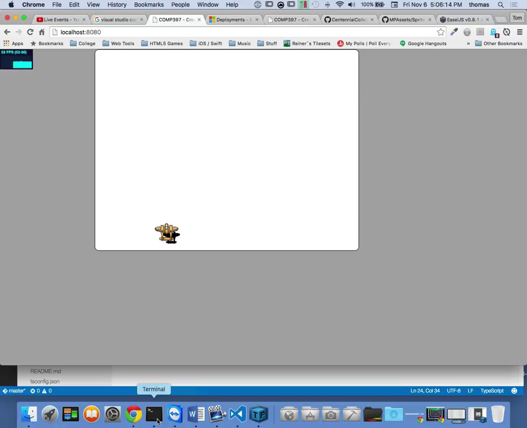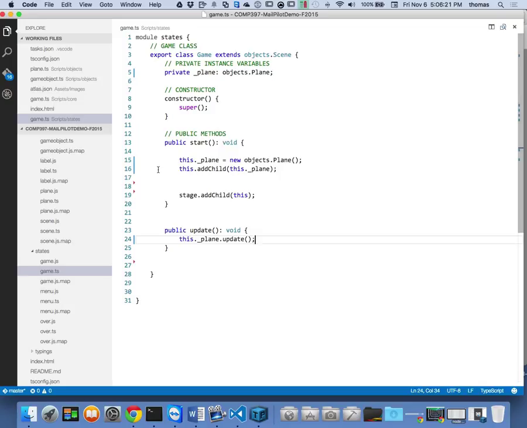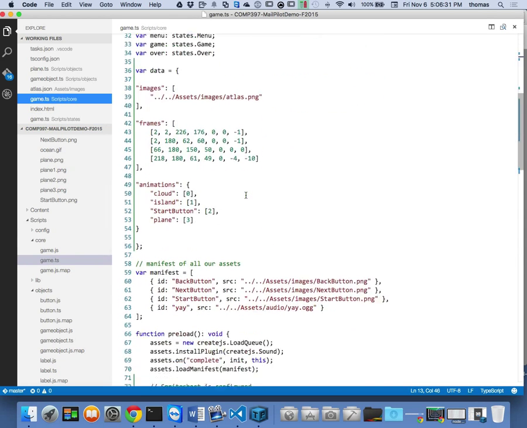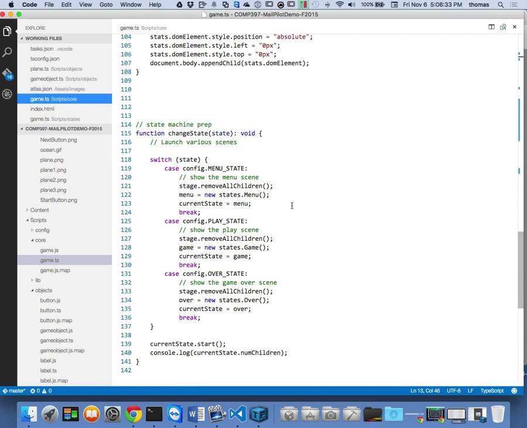And I want to get rid of that yay sound. What is that yay sound I'm getting, right? That's just not right. So let's go back to our game for a second. I get that because in my startup script here, if I go back to my game.ts, my class in my core, and down inside my stage,